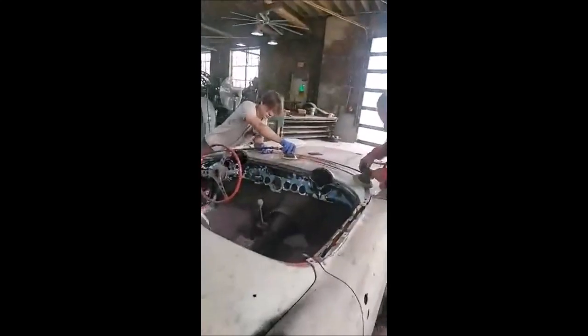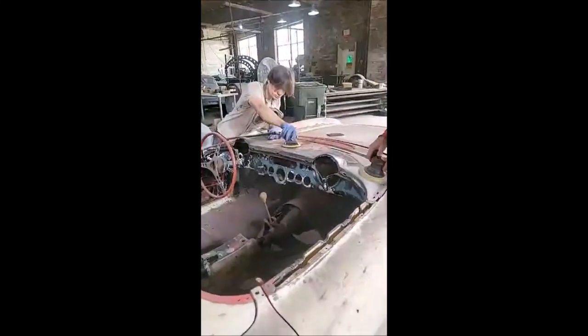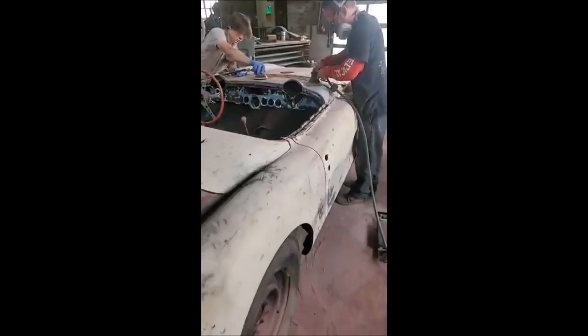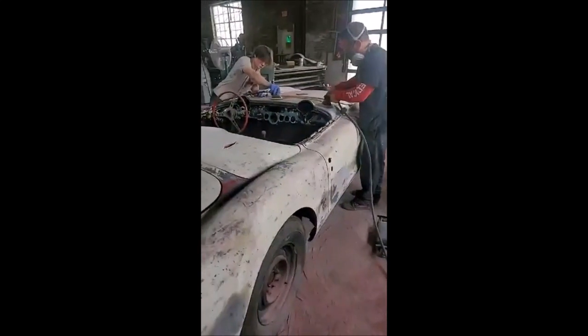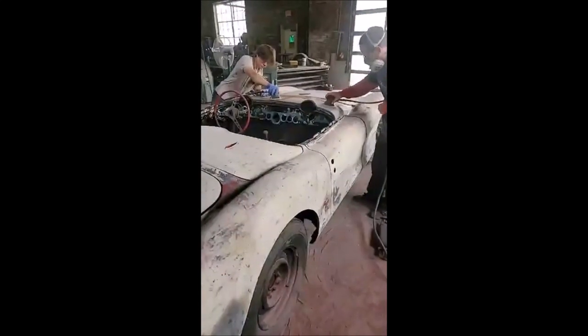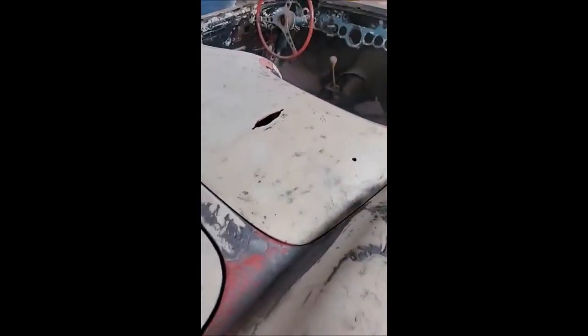so this car has been around the block a little bit, and these guys are working right now to make it into a brand new car, and that starts with a big nasty process of ripping off all the layers of paint, getting it down to nice, clean, ready to go fiberglass,